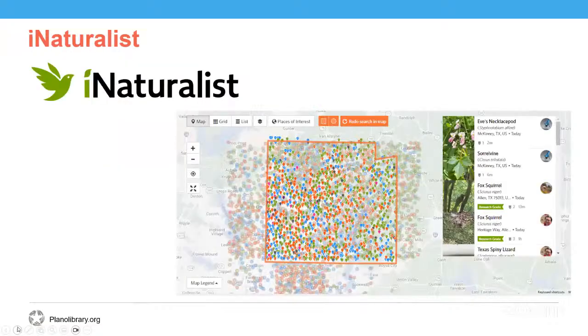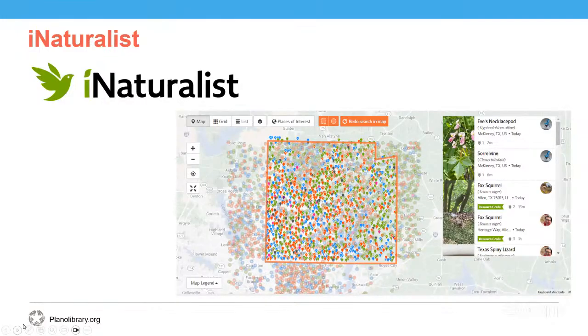And that is iNaturalist. iNaturalist is an online social network of people sharing biodiversity information to help each other learn about nature. Its mission is to connect people to nature and advance biodiversity science and conservation. It began in 2008 as the master's final project for students at UC Berkeley's School of Information.